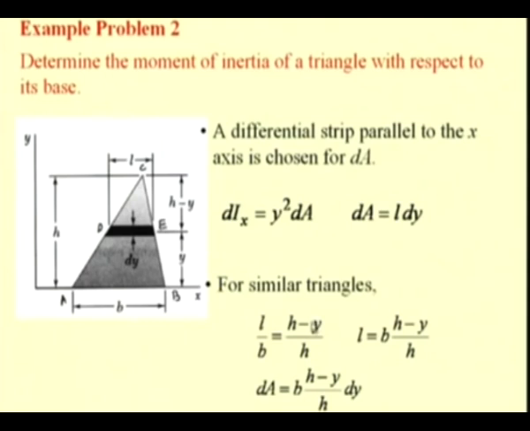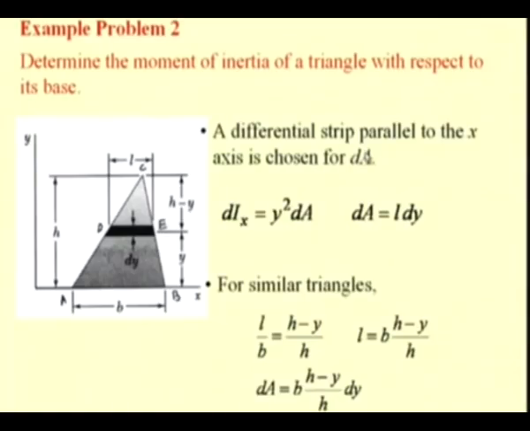From these similar triangles, we have L divided by B equal to h minus y divided by the total height h. From this we have the length as B times (h minus y) divided by h, which gives the value of dA as B times (h minus y) by h times dy. Now, we can use this area dA in the expression and integrate it to get the location of the centroid,